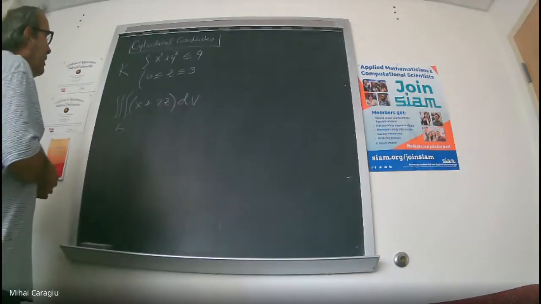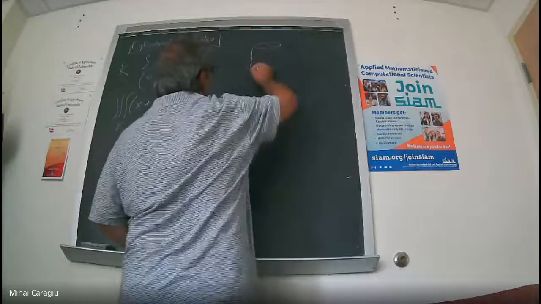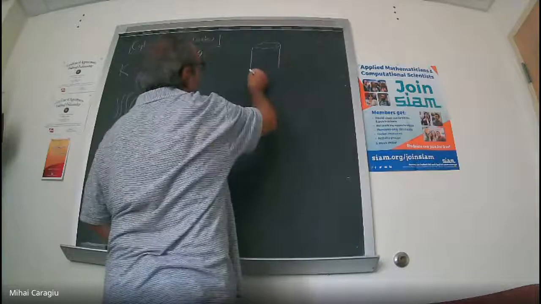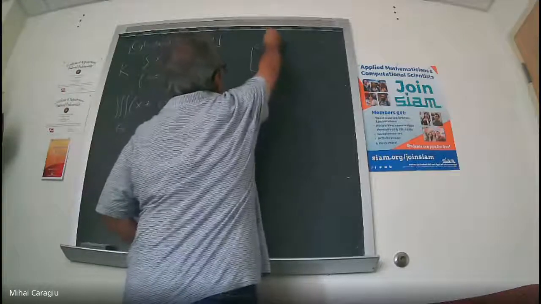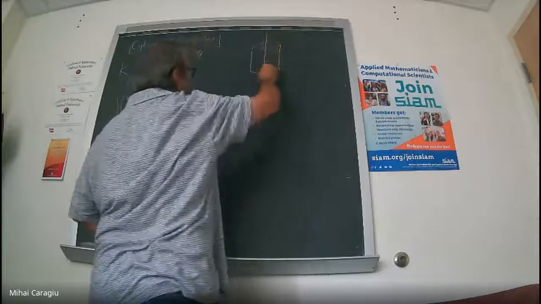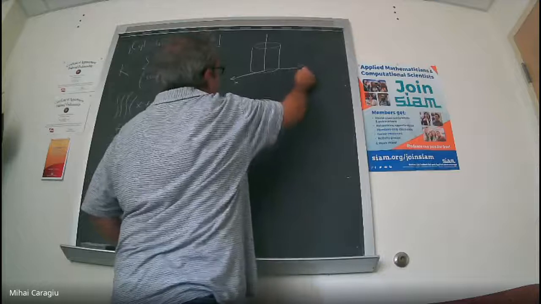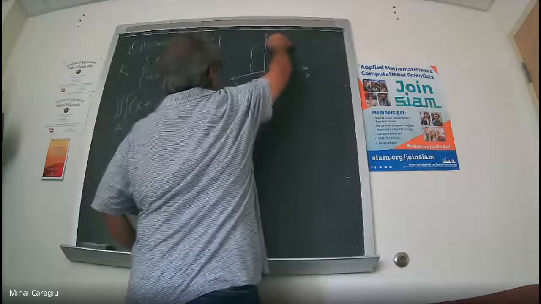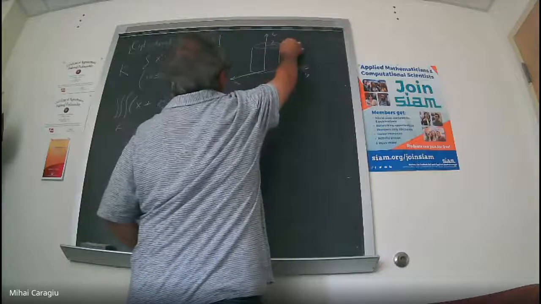So for this problem, this cylinder can look like this. Z-axis, x-axis, y-axis, z-axis. The radius of the cylinder is 2,